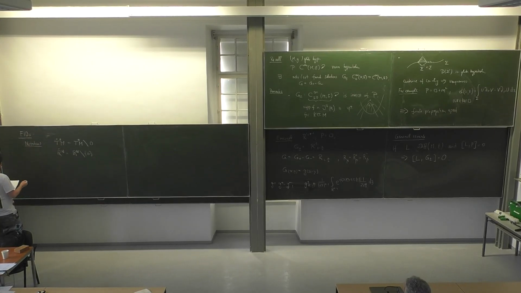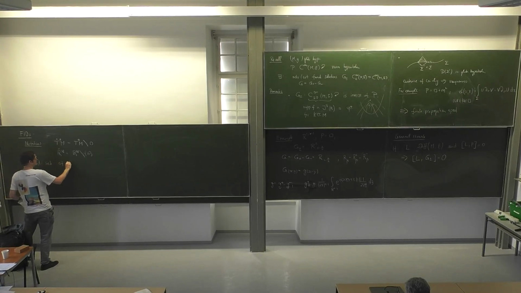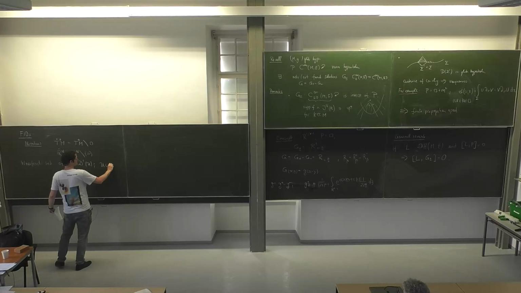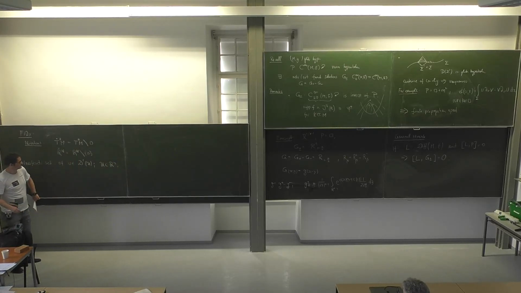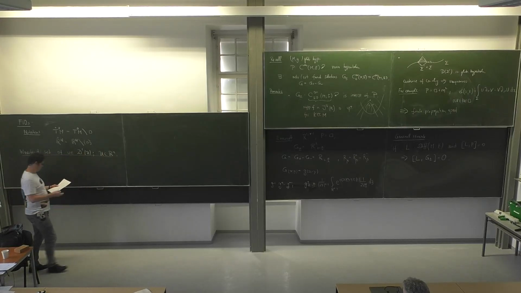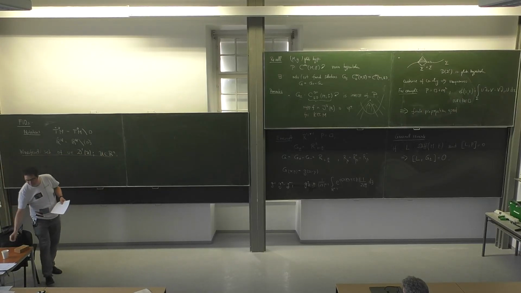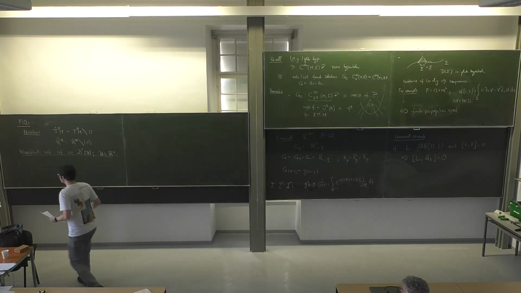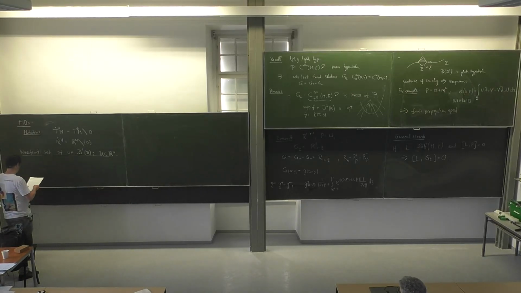And then the second one is the notion of a wavefront set of a distribution in, let's say, an open subset of R^n. I'm going with a slightly different definition, but I'll say that this is equivalent in a second. So we say by definition that this is not in the wavefront set,